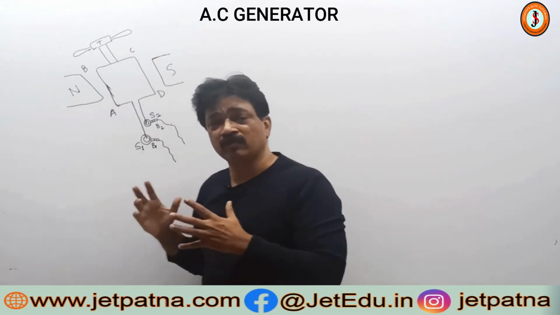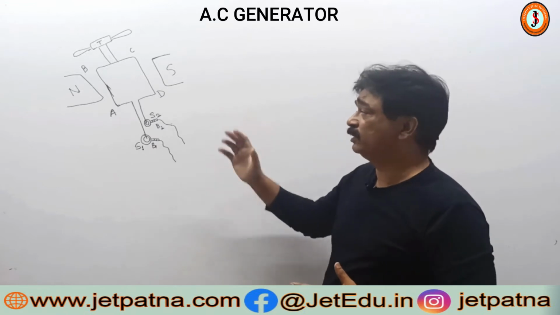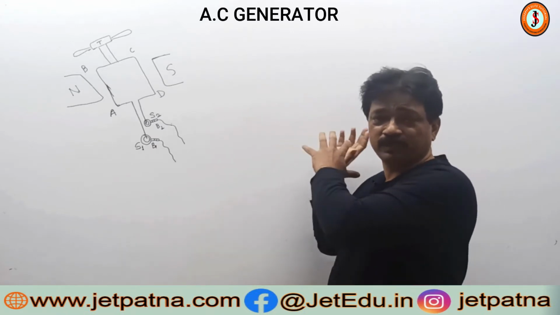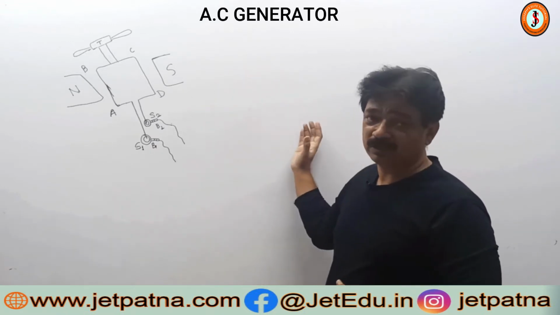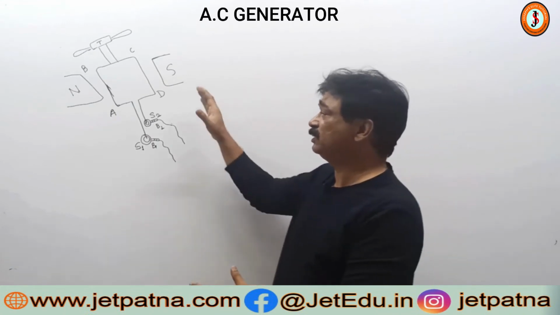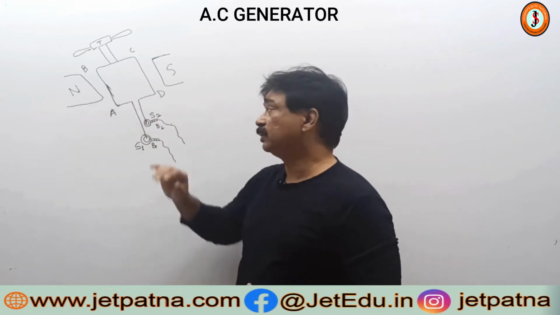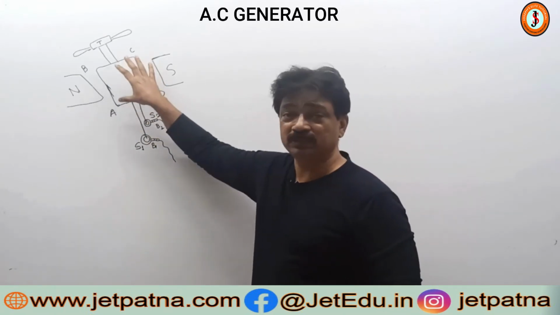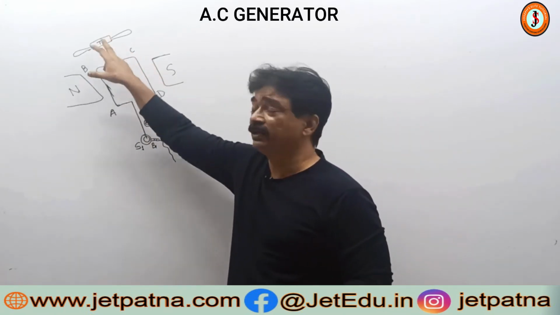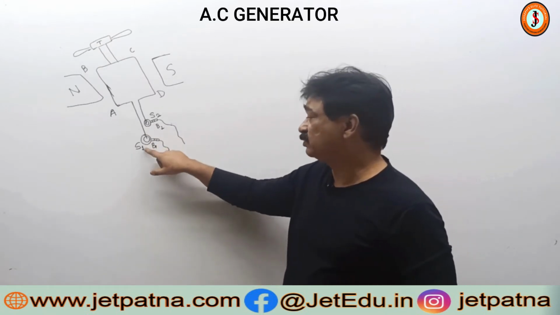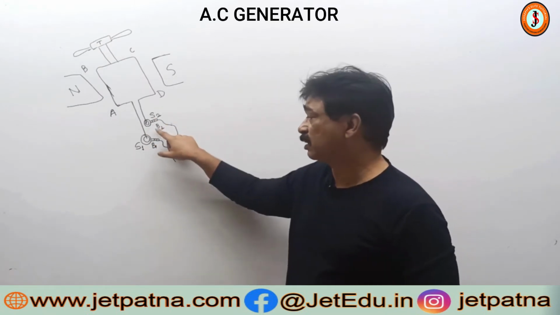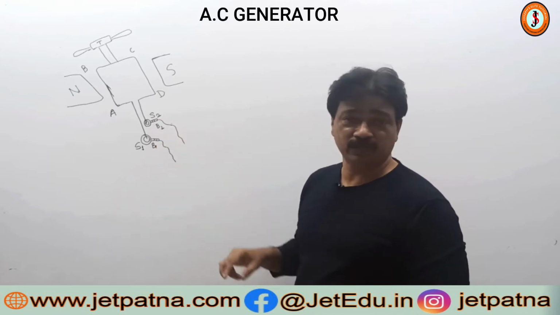So I have drawn a diagram over here. Let us try to understand. I have placed this into 2D. You saw the 3D aspect, now a 2D. Here are the north and south poles of the magnet. Here is the armature ABCD, the turbine and the blades over here, the slip rings S1 and S2, and the carbon brushes B2 and B1 over here.